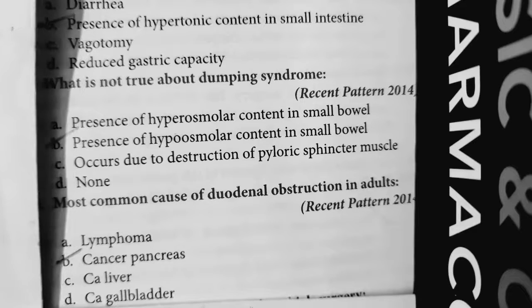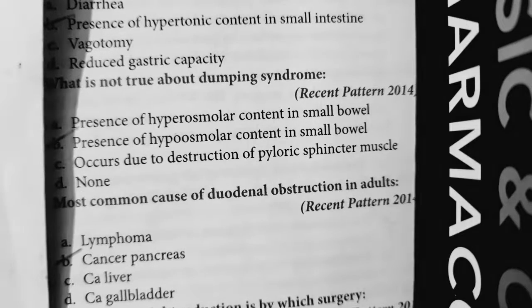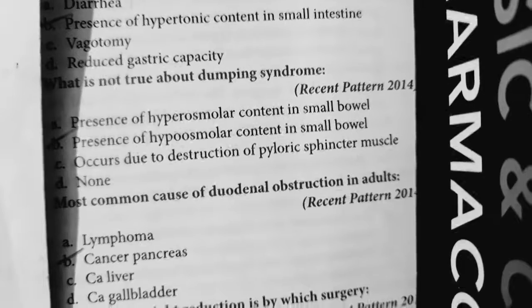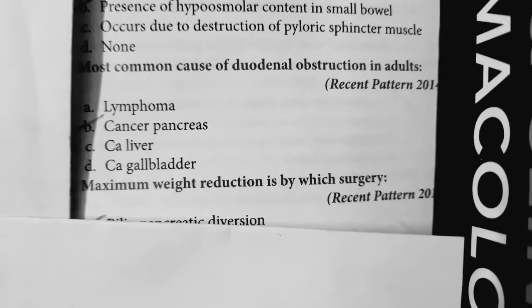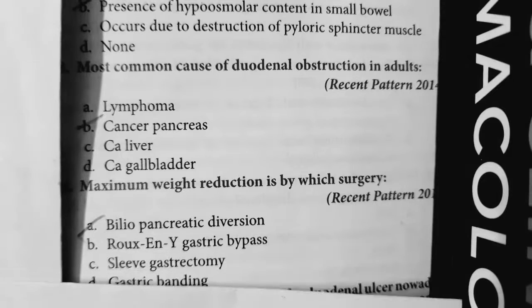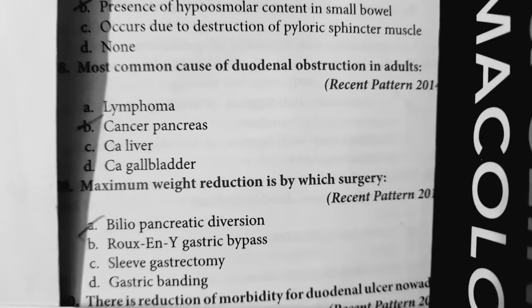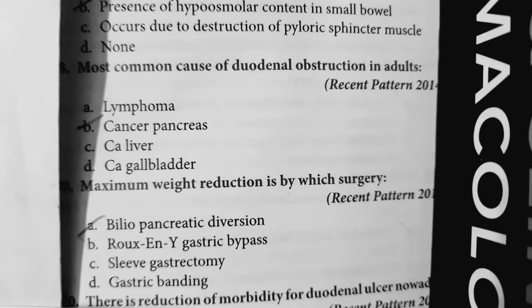Then question number 8. Maximum weight reduction is by which surgery? That is, which bariatric surgery gives maximum weight loss? Maximum weight loss is seen with biliopancreatic diversion. If you see, gastric banding decreases BMI